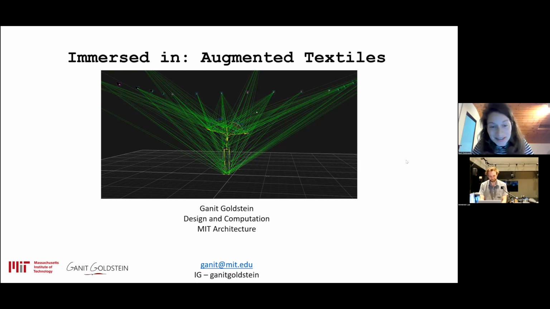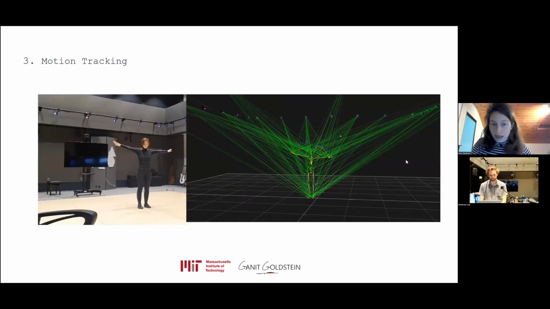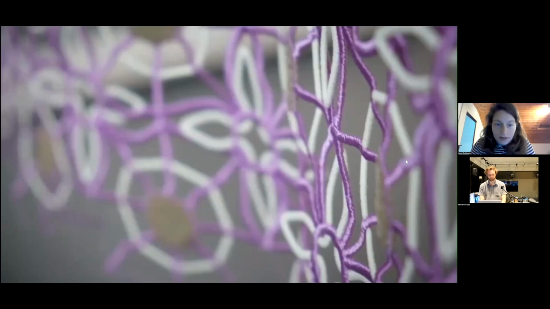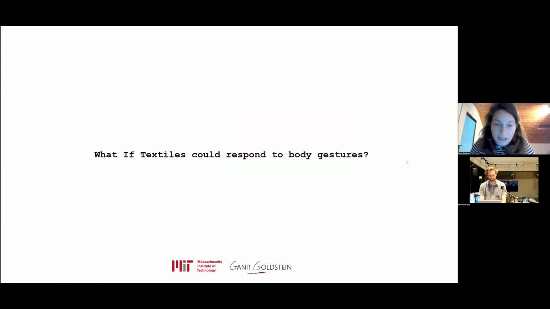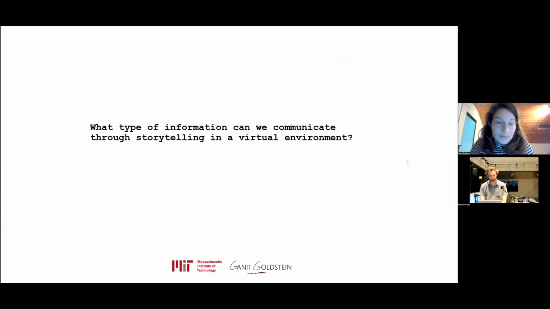Yeah, so that's also a really big area that I'm researching, and I could go back a bit in the presentation, but one of the projects, maybe I will show it. One of the projects that I've been working on is the production of 3D printed fabrics.